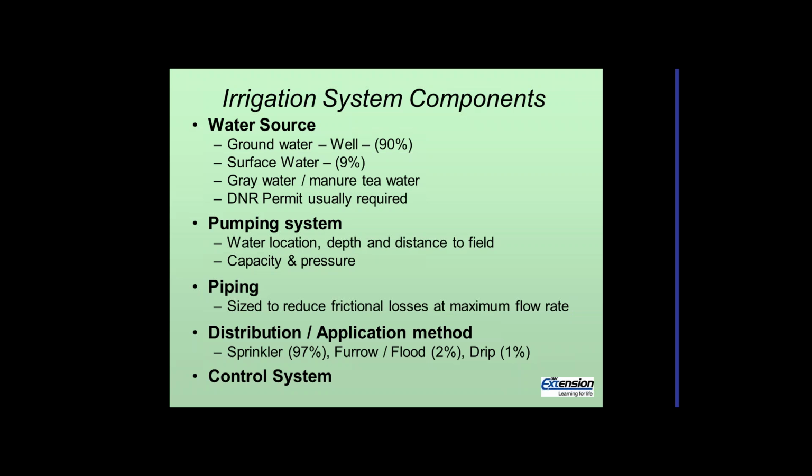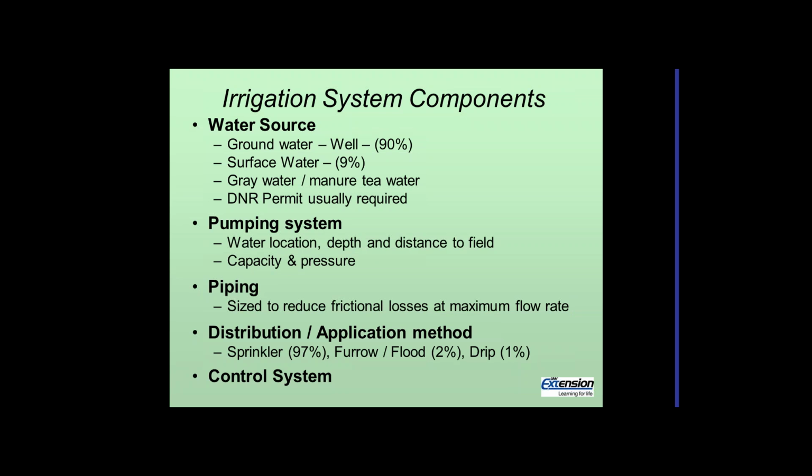So this is going to have a capacity, how many gallons per minute we're going to need, and a pressure, typically measured in PSI, or it might be in feet of head. That's basically going to overcome friction in the pipes, and whatever's left over is used to throw the water some distance. We will need piping, and